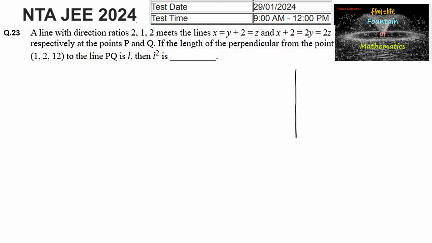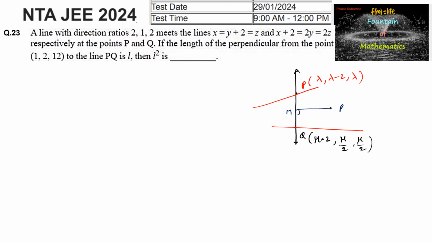So the line passing through the points P and Q, general point we can consider lambda comma lambda minus 2 comma lambda, and point Q we can take mu minus 2 comma mu upon 2 comma mu upon 2, and the line which is drawn perpendicular from the point 1 comma 2 comma 12, and given here direction ratios of line say PQ